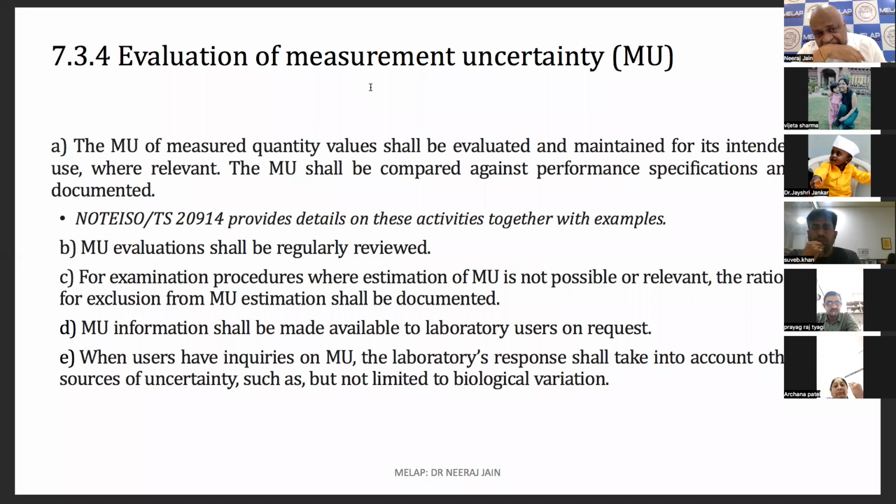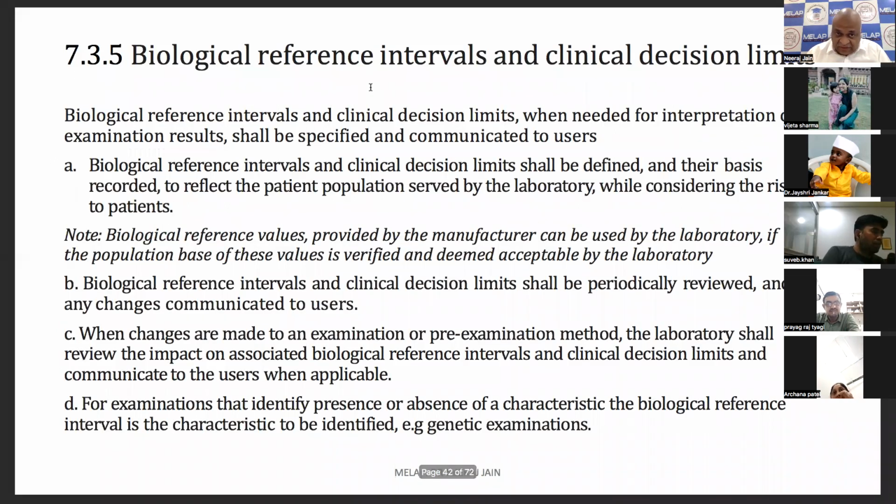I always find a lot of uncertainty regarding understanding of this measurement uncertainty. It was a requirement in the previous standard also, and it is a requirement now also. If you are measuring something as an intermediate step in a qualitative test, you have to see the variation in that measurement, and you are considering measurement uncertainty. This we will discuss in detail when we discuss measurement uncertainty.